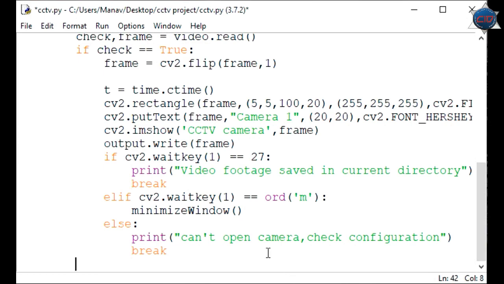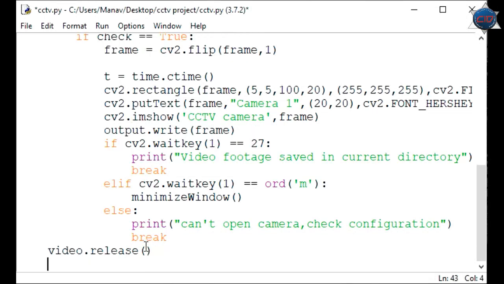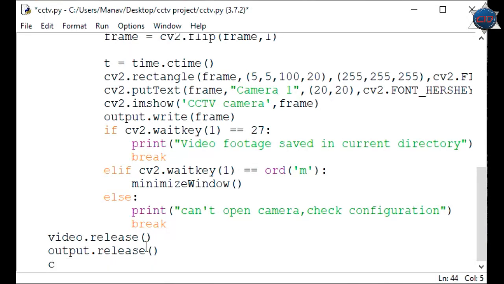Now come to here, and now let's release all things. So pass here video.release, so release video, and also we'll have to release the output, so call output.release. And now destroy all the windows, so call cv2.destroyAllWindows.